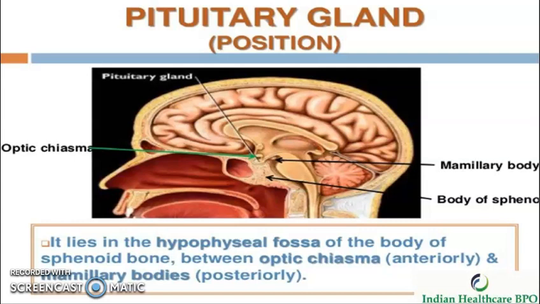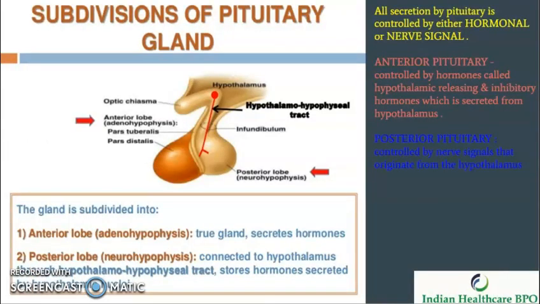Talking about the pituitary gland position, it lies in the hypophyseal fossa of the sphenoid bone, between the optic chiasma and the mammillary body. The pituitary gland is divided into an anterior lobe and a posterior lobe. The anterior lobe, also called the adenohypophysis, is the true gland which secretes hormones. The posterior lobe is also called the